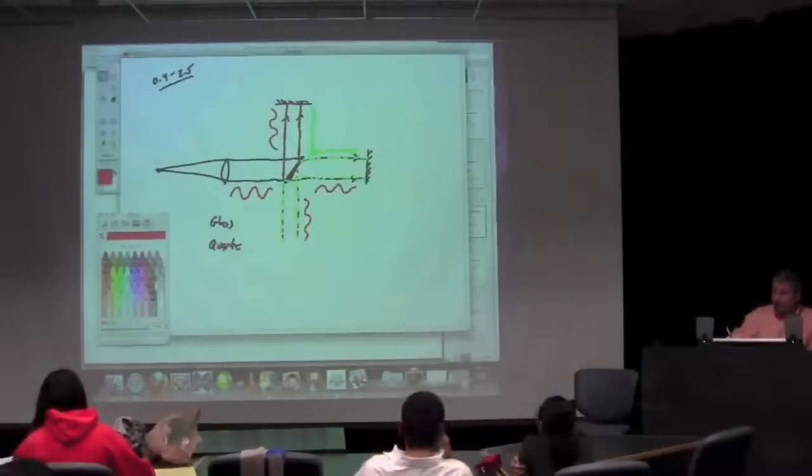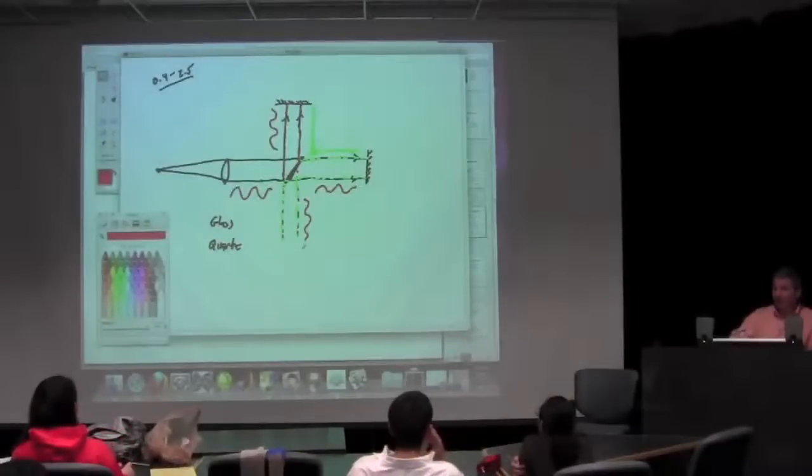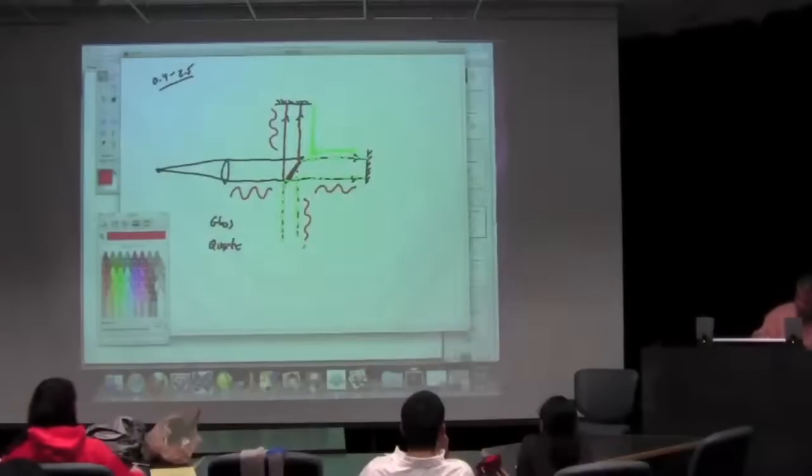If I don't have equal paths, then for that particular wavelength, I won't get a complete amplitude reconstruction. I'll get a smaller amplitude reconstruction because of destructive interference. Now, if I place another optical element and bring it to focus onto a detector,